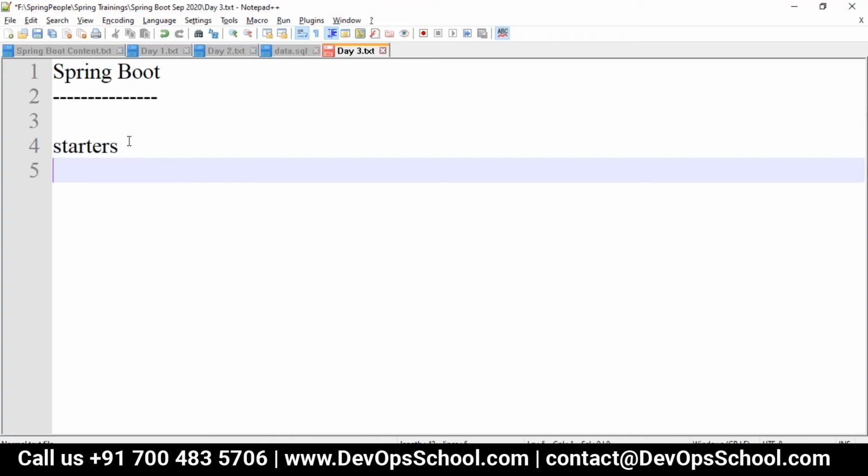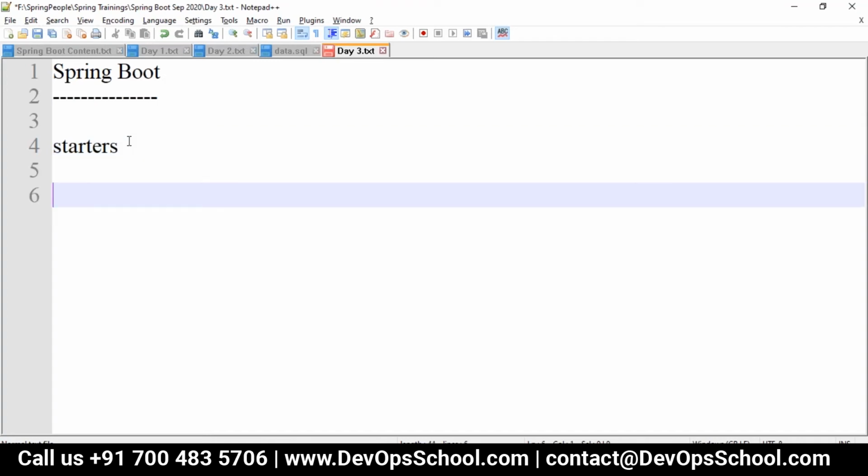Like, you want to work with any one module, for example, a Spring project, so you will have a Spring Boot starter. Which module are you working on? A web module? Then you have Spring Boot Starter Web. You want to work with data? Then Spring Boot Starter Data JPA. It will add all the libraries required for the Data JPA operations.